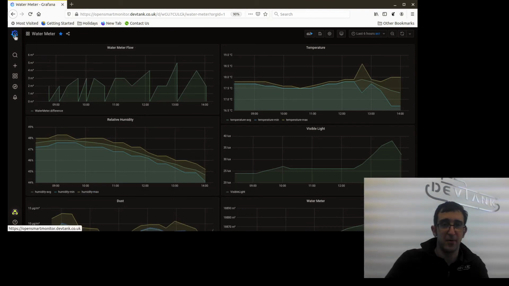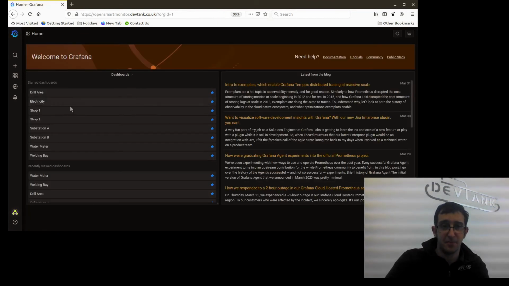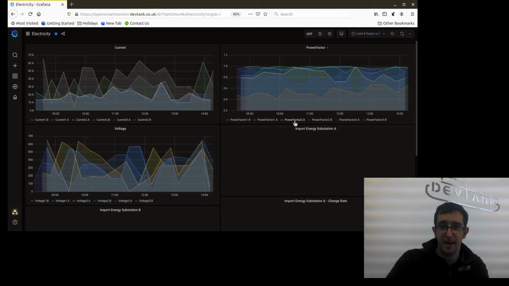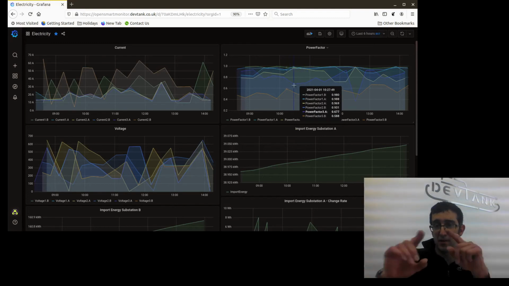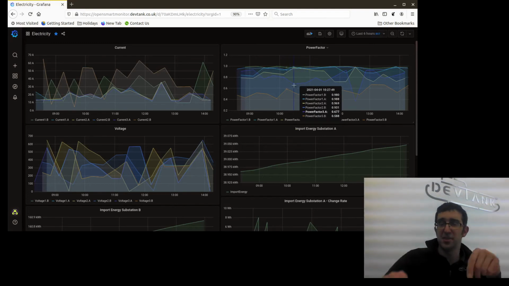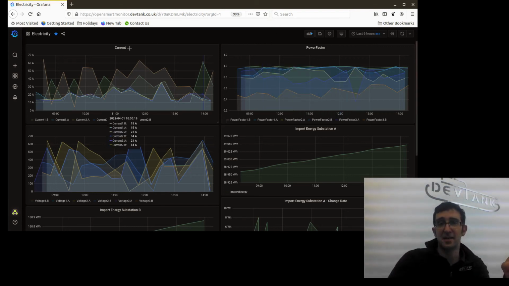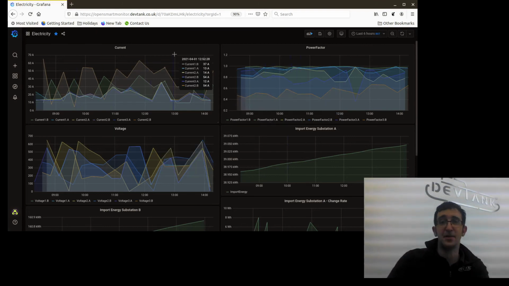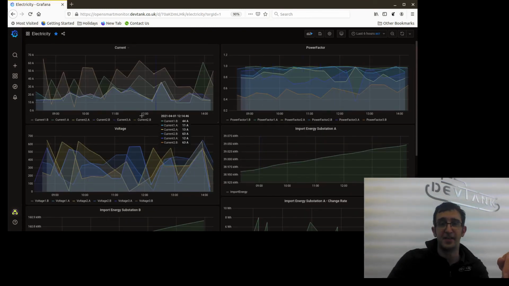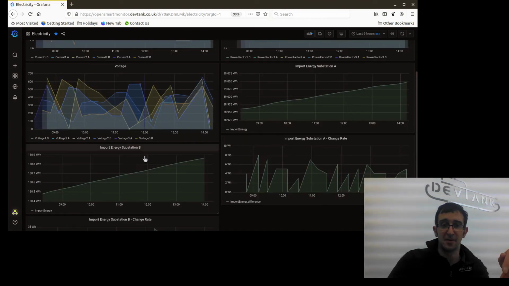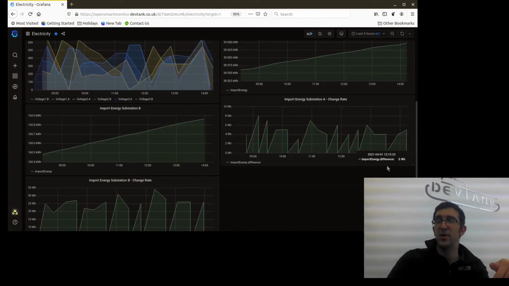If I just go back one, let's have a look at another one. Let's go to electricity. So what we've got here is a smart meter, which is a little DIN panelled off-the-shelf smart meter connected over Modbus to our OpenSmartMonitor sensor. We're collecting the electricity data over the Modbus comms and then sending it wirelessly to a server, and that's what you see here. So it's very interesting. You can look at power factor, current voltage profiles, and then of course your input energy on a daily basis